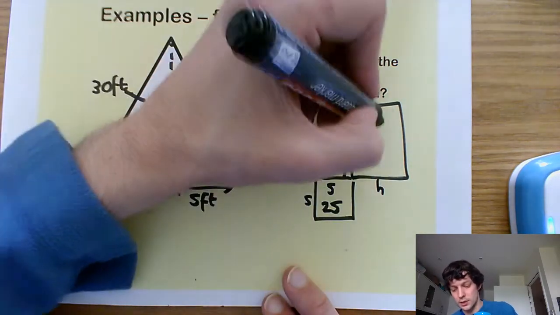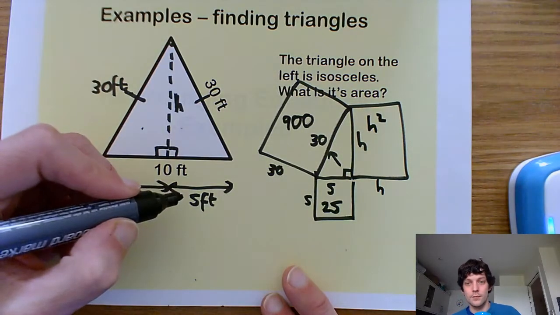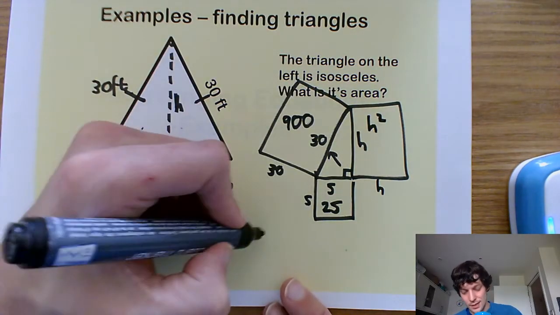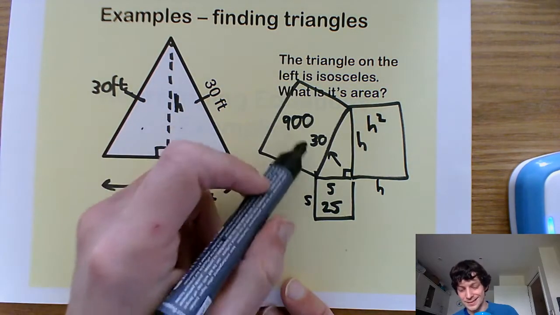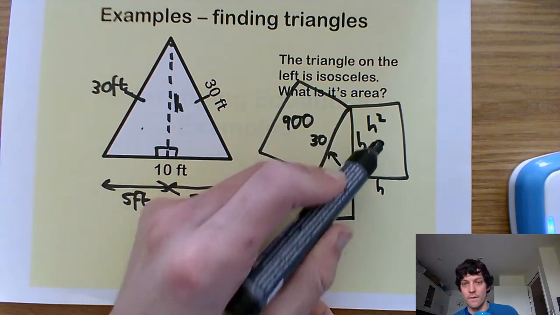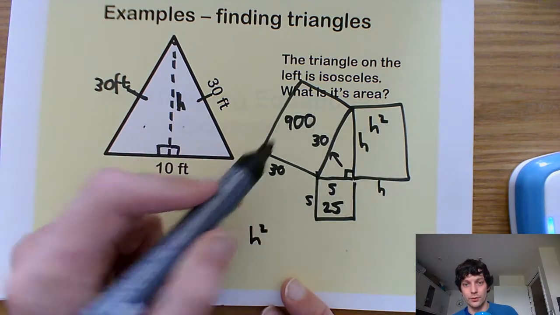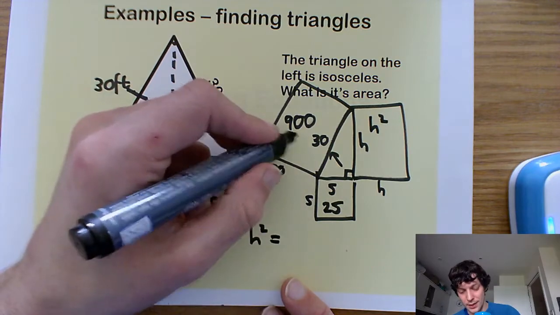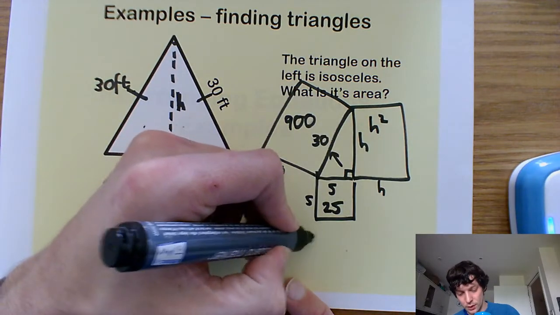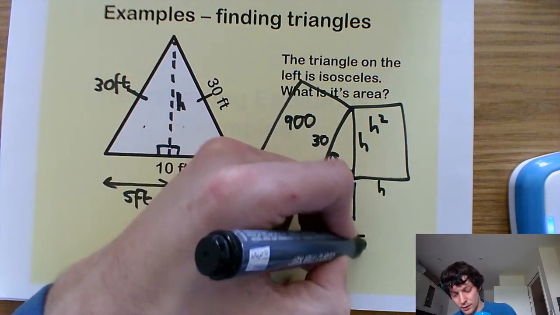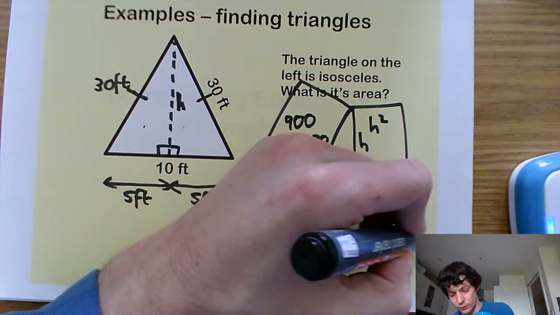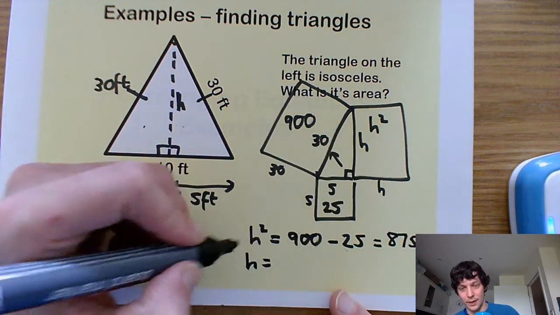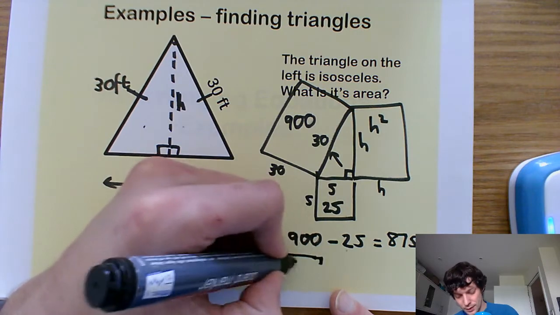H times h is h squared. But what is that h squared equal to? Well, it's not the biggest area. These two would add up to make 900, my biggest area. So h squared here is 900 take away 25, or 875, meaning that h, the height, is the square root